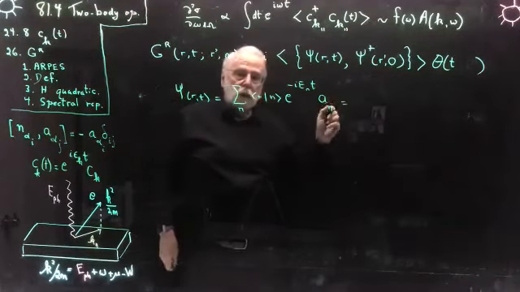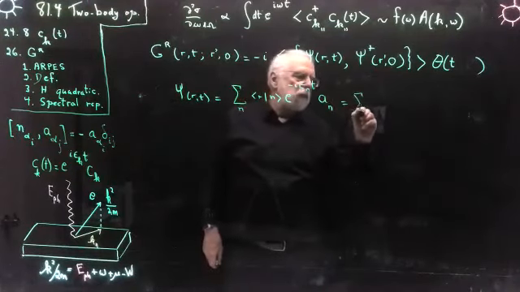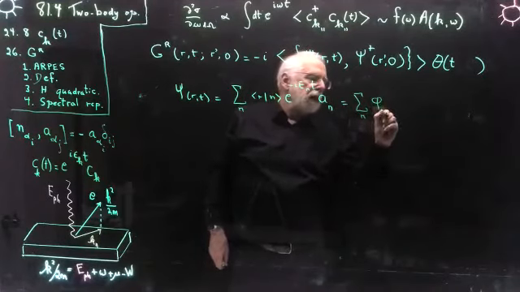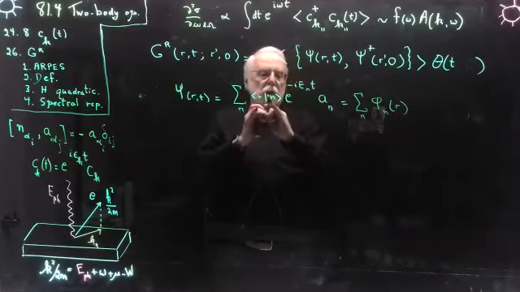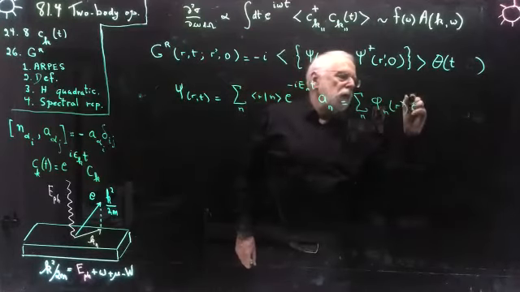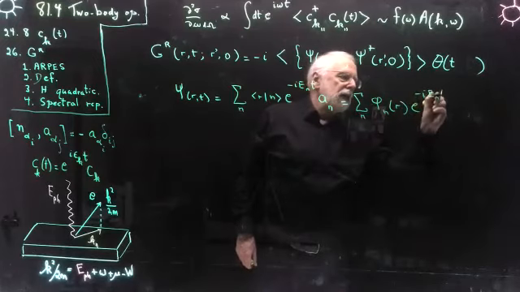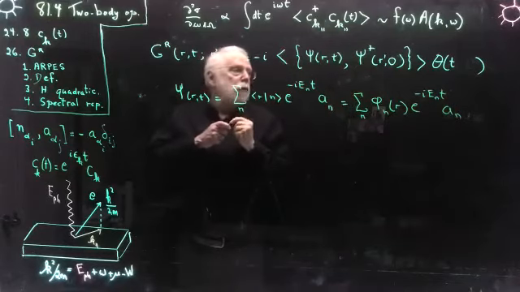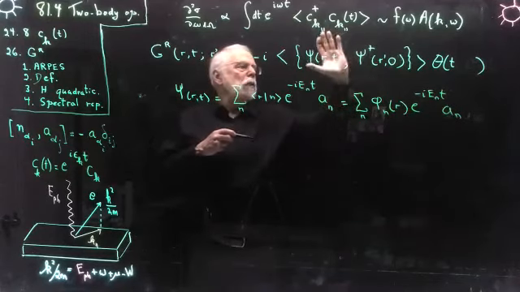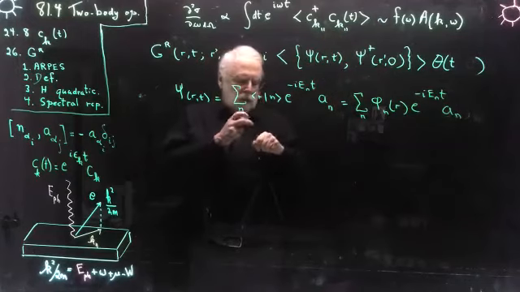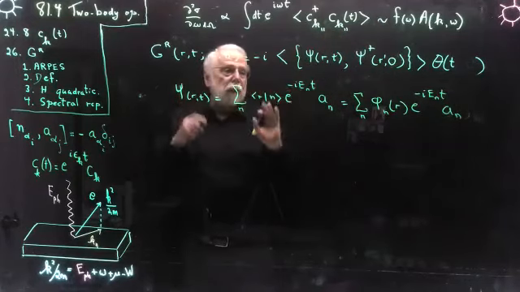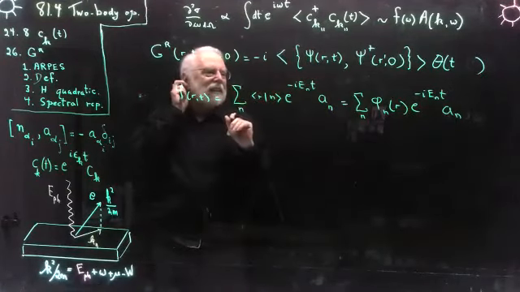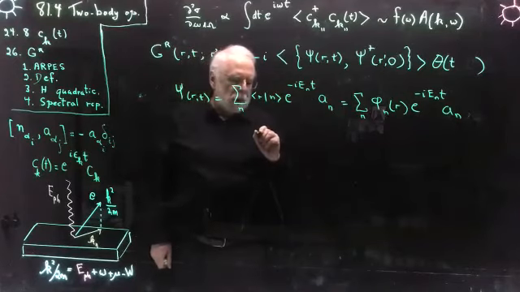So this is equal to the sum over n of phi_n of r, that's the definition of the wave function, e to the minus i e_n t times a_n. Now, if I do the same for psi dagger of r prime, I substitute in this, what will happen is just the same as what just happened: a_n and a dagger_n will give me unity. So I will be left with